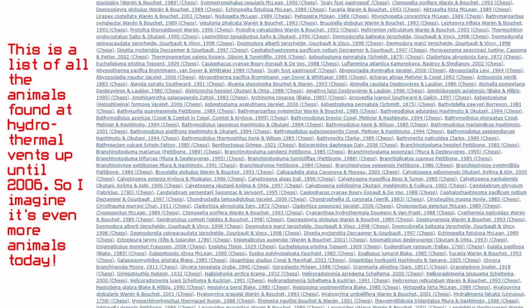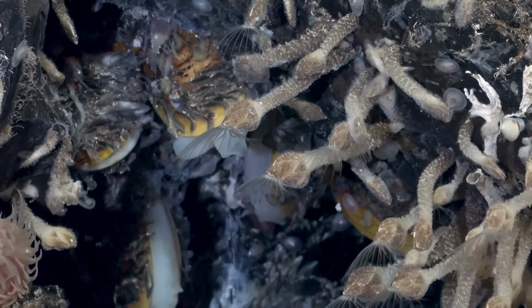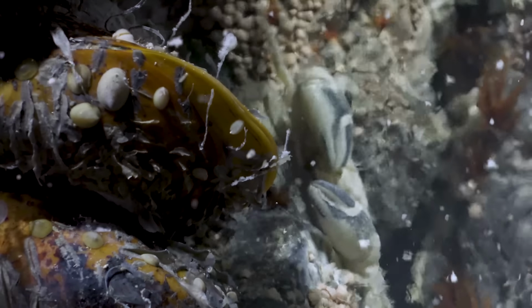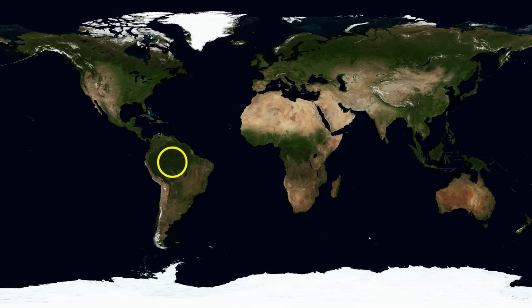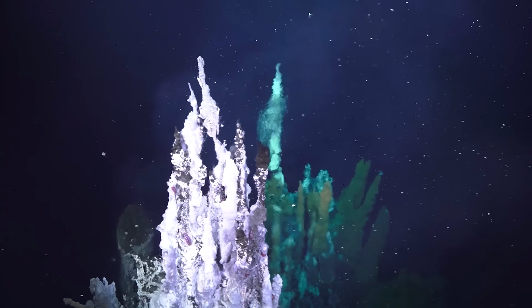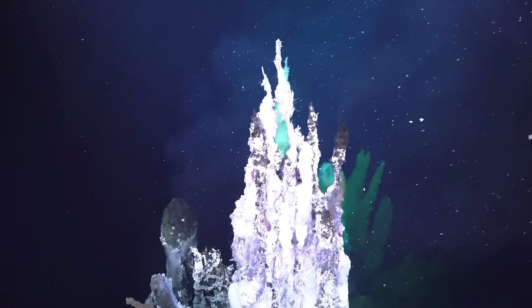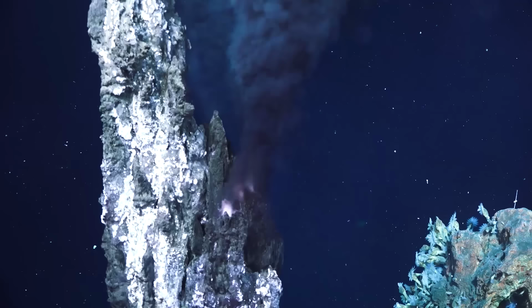are many. So many! And the kinds of animals you find at the vents varies depending on where the vents are. Just like other ecosystems, right? Animals you would find in a forest here would be different from animals you find in a forest here. But there are commonalities between them. Every vent ecosystem seems to have a large habitat-forming animal at the foundation of it, and they're all almost exclusively